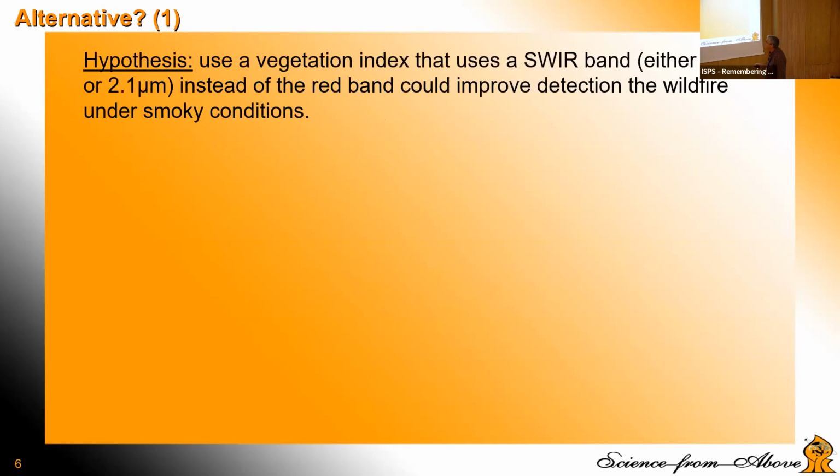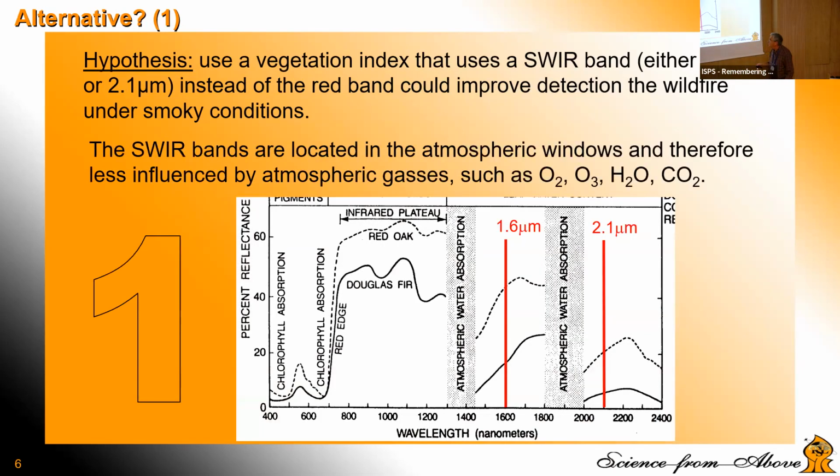So our hypothesis is that the use of vegetation indices that use SWIR bands, either the 1.6 or 2.1 micrometer, instead of the red band, could improve the detection of wildfire under smoke conditions. There are a few physical bases for this hypothesis. The first is that the two SWIR bands, 1.6 and 2.1, are located in the